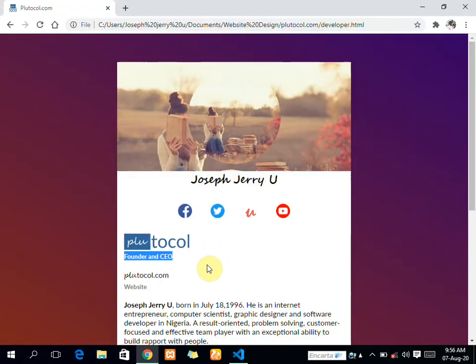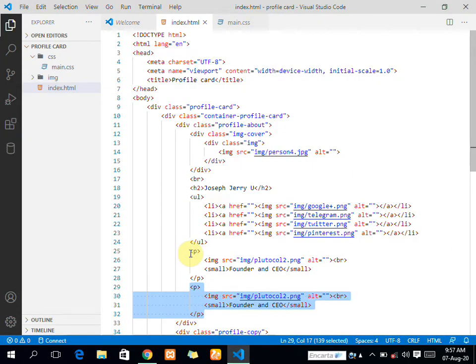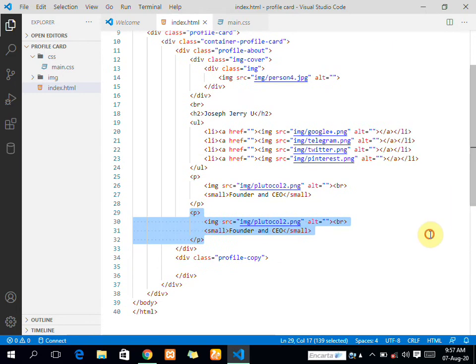The next thing we have is our website, and if you notice, it is a link, and we have the PLU with a different font family, and this tocore.com with a different font family. So how I'm going to do this is I'm going to copy this and paste one down, and I'm going to take away my image, but I'm going to leave the break so that we have a new line. And I'm going to put the PLU inside of a span tag